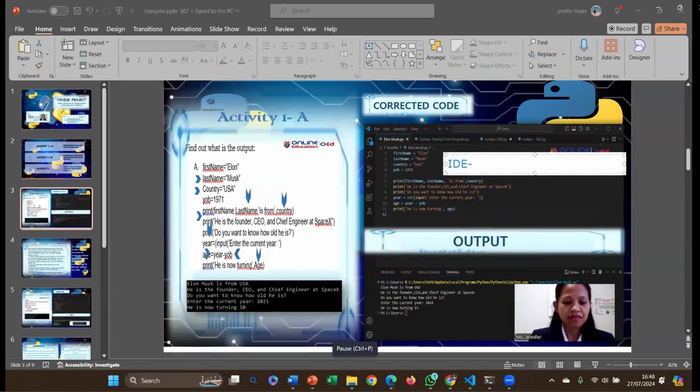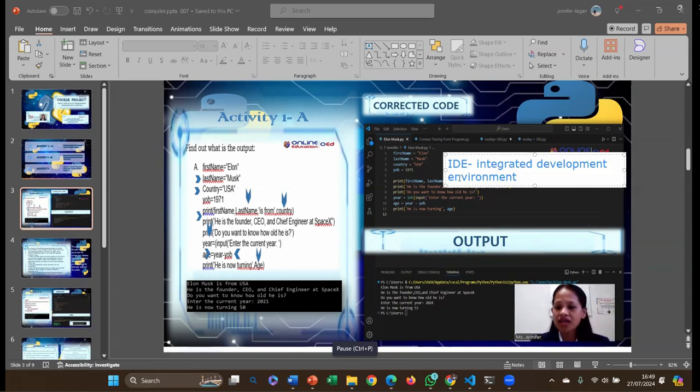IDE stands for Integrated Development Environment, and this is how it looks like.